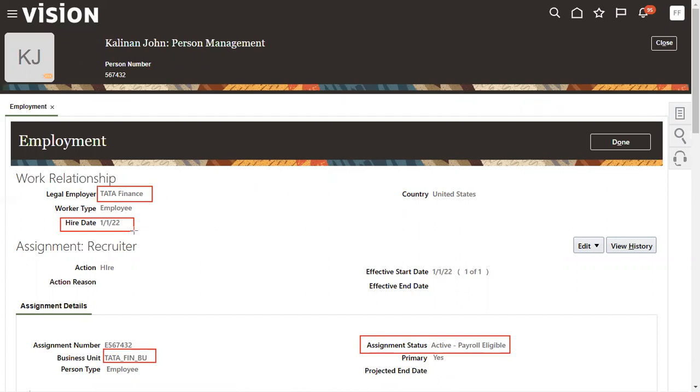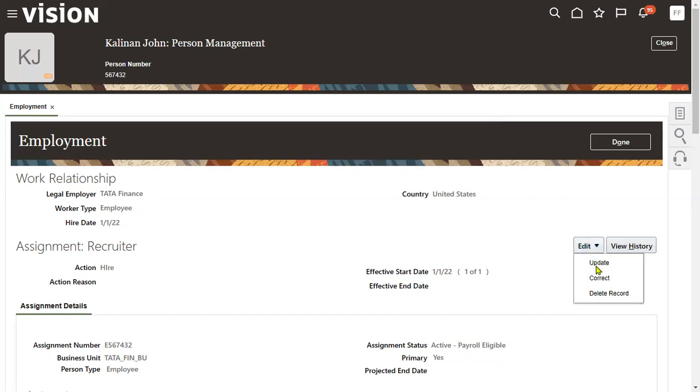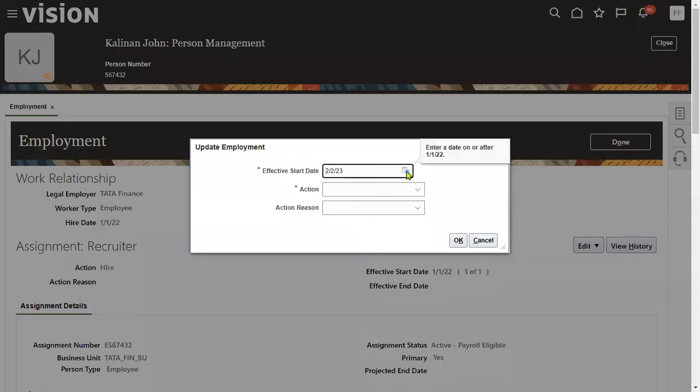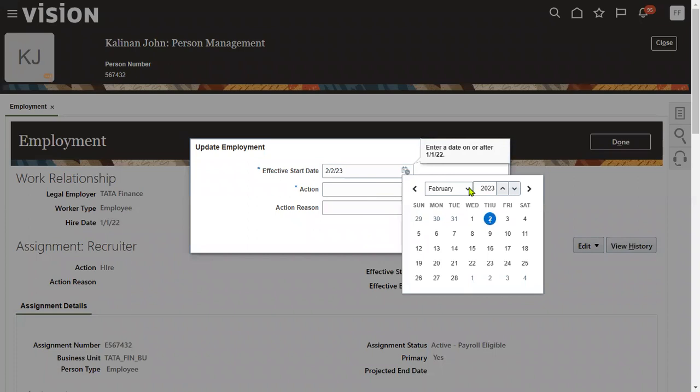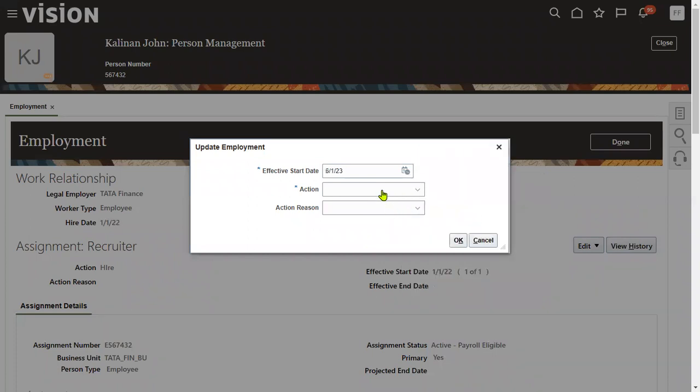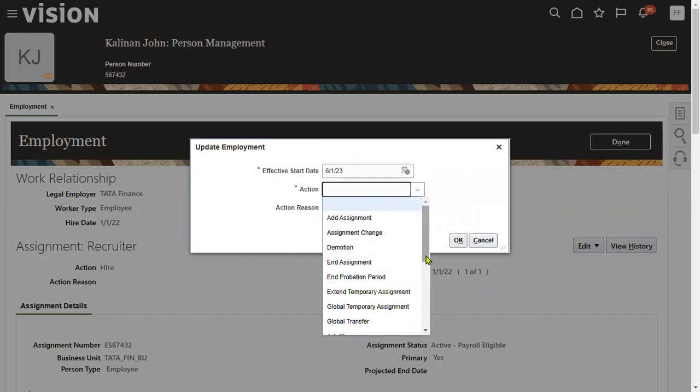Now we are trying to move this employee from this company to Tata Motors. We are moving to Tata Motors. It's nothing but global transfer. One legal employer to another legal employer means it's going to be a global transfer. Edit, update. We can do it either today or a future date. I'm going to make it available from June 1st, not today. From June 1st onwards, he is going to report in